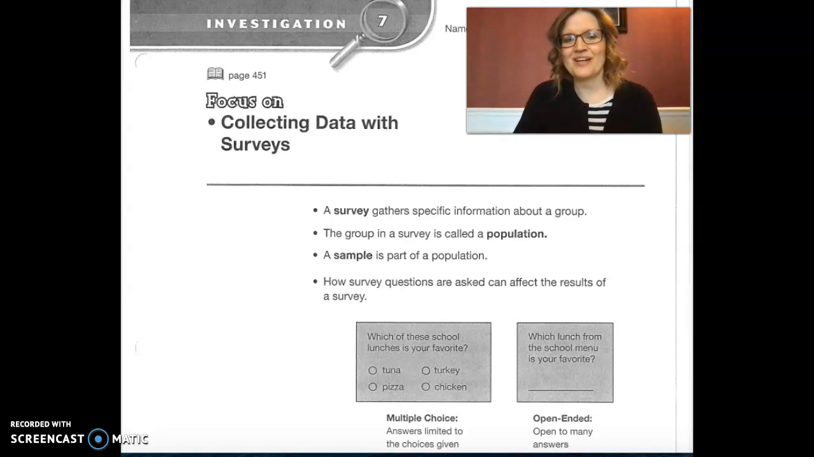Hi, today we are working on Investigation 7, which is collecting data with surveys. You probably are familiar with the word survey. It is when information is gathered about a specific group. The group in a survey is also called a population. Sometimes when we're wanting to do surveys, we can't survey the entire population, and so we take what's called a